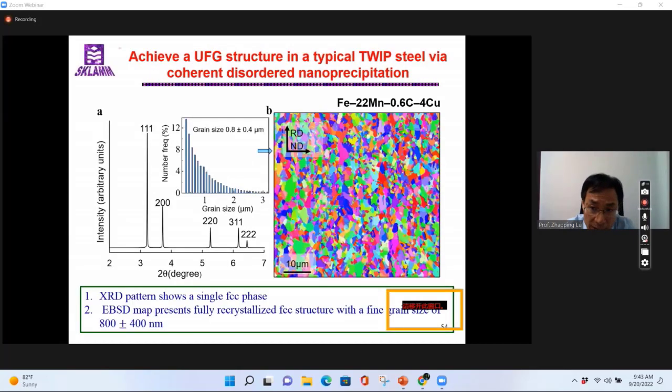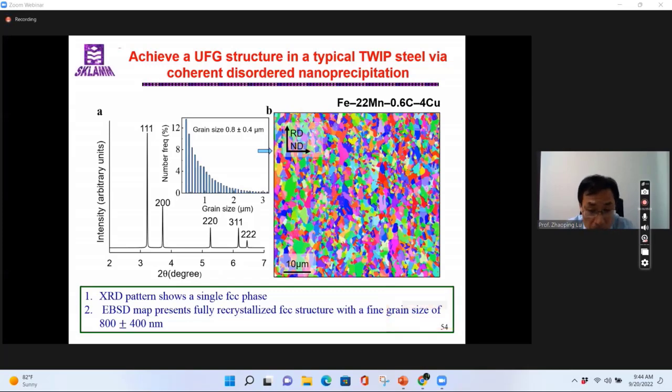So we simply add the copper into a typical TRIP steel. As shown here, you roll your material and then recrystallize your material, and you obtain the ultrafine grain steel. The grain size is 800 nanometer